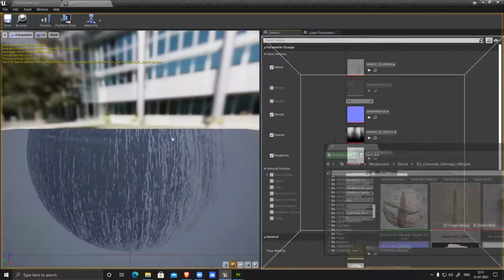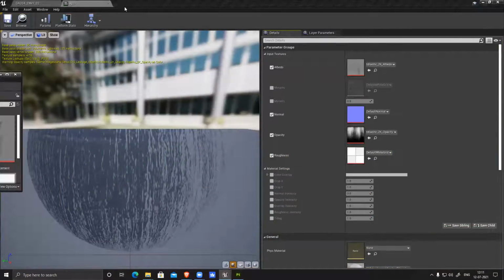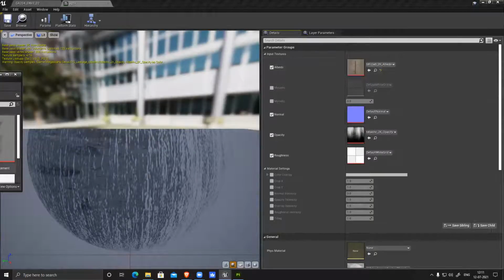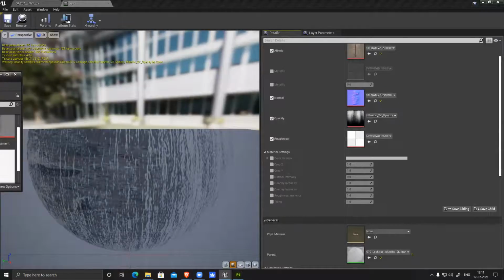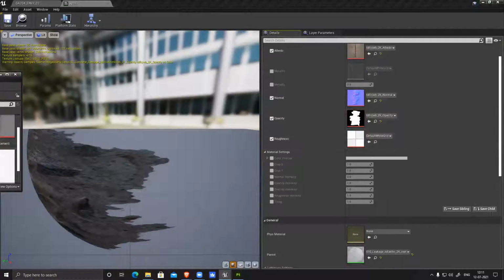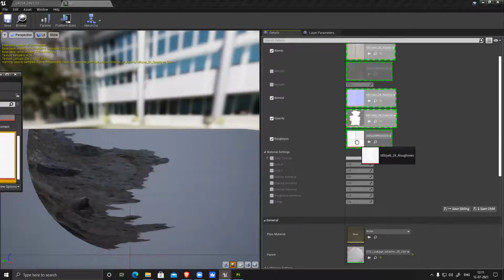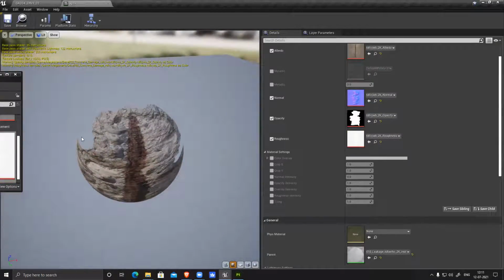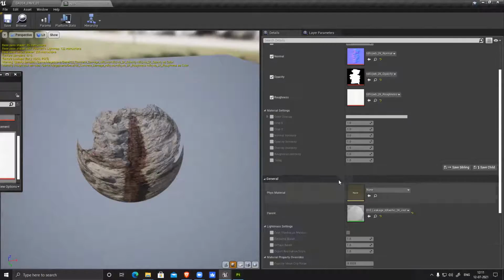Then albedo to albedo, normal to normal, opacity to opacity, and roughness to roughness. So now this becomes a decal map. You need to have this decal map parameter, then only it will work. So this is one easy way you can do it.